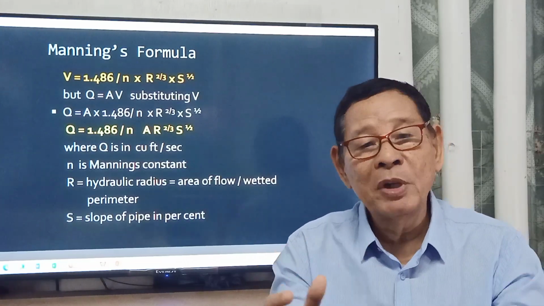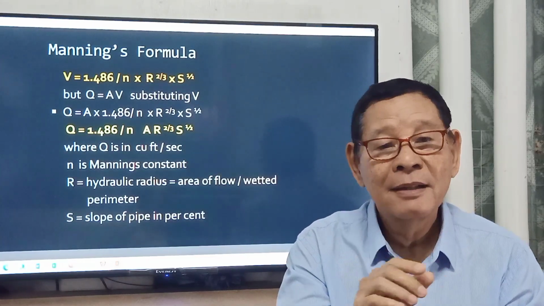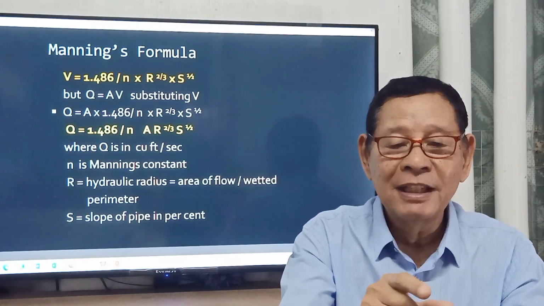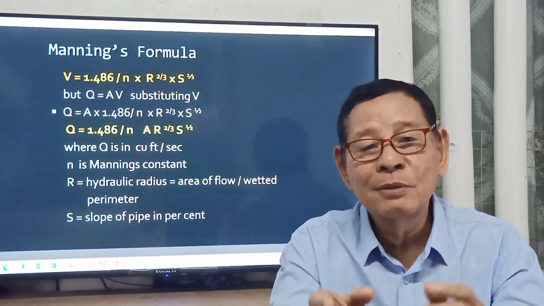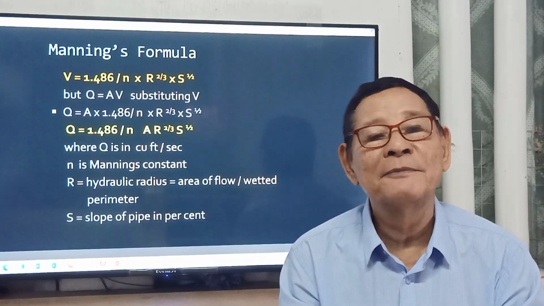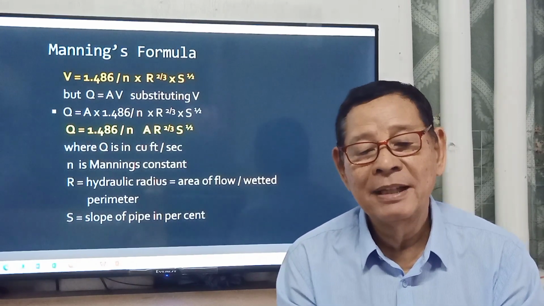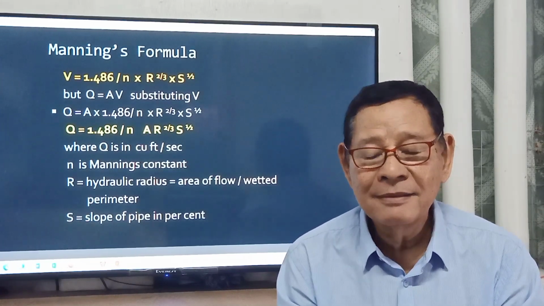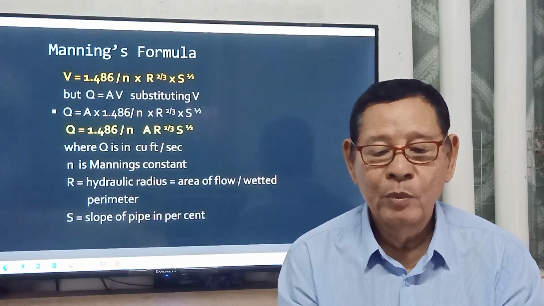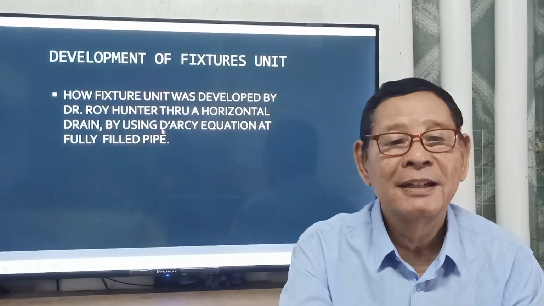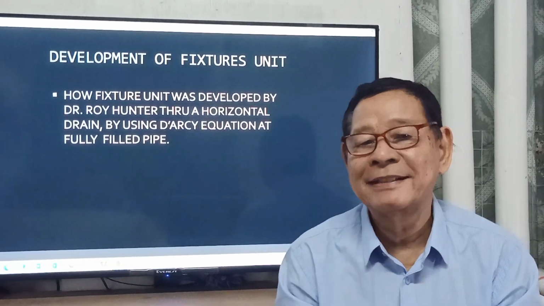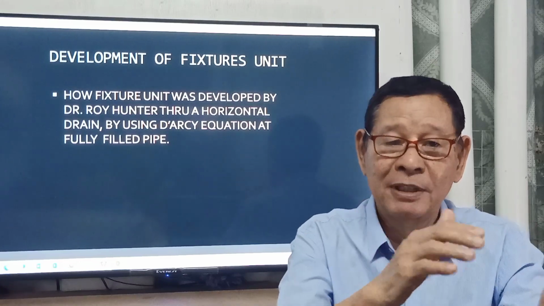But in the simple way of hydraulics, Q equals AV, area of the pipe times the velocity of the pipe. So when we substitute the velocity of Manning to the hydraulic capacity, which is Q equals AV, the Manning formula will yield Q equals 1.486 over n multiplied by the area of discharge and the hydraulic radius raised to the power 2/3 and the square root of the slope, where Q is the flow through a horizontal drain using the Manning equation at a fully filled pipe. Yun ang binabasihan ni Dr. Roy Hunter. He published it and it was accepted by the Bureau of